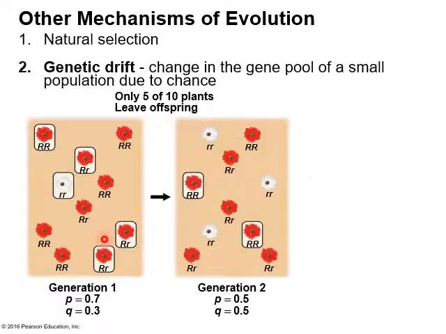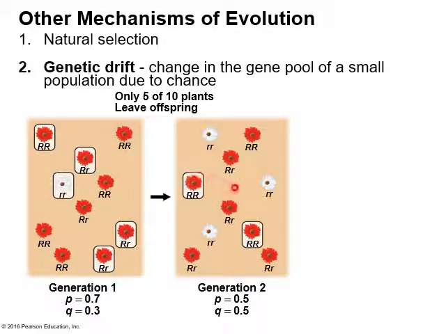Right? So in the next year, that next spring, now the ratio of big R to little r is going to be 0.5 to 0.5. So for every 5 capital R red alleles, there's going to be 5 lowercase r white alleles. And if you count up here, the number of capital R's and lowercase r's are going to be even. Okay, so let's say this next year the bees are really, really lazy, and they just happen to visit